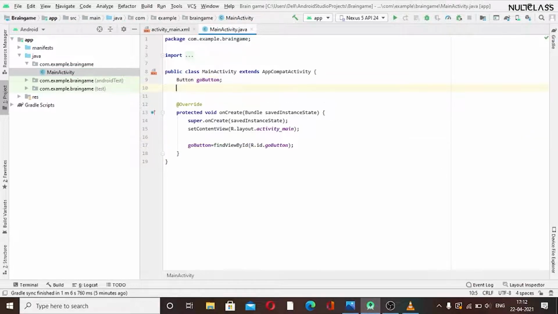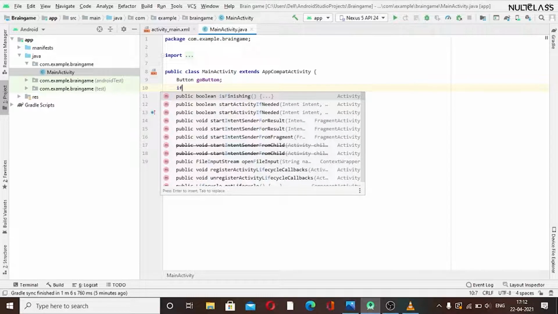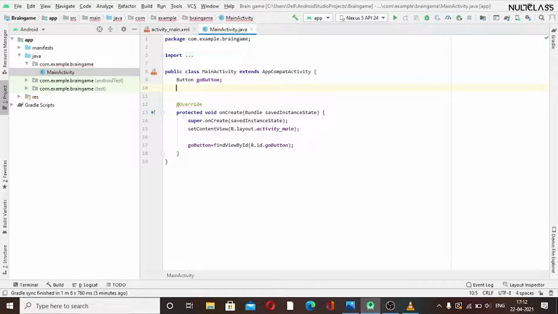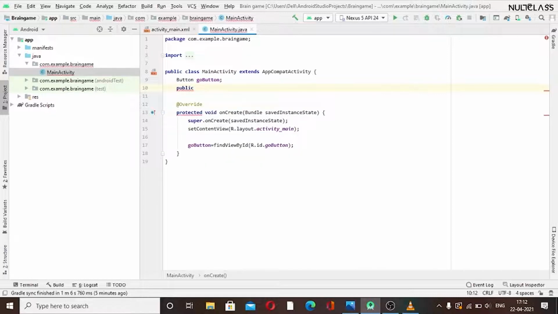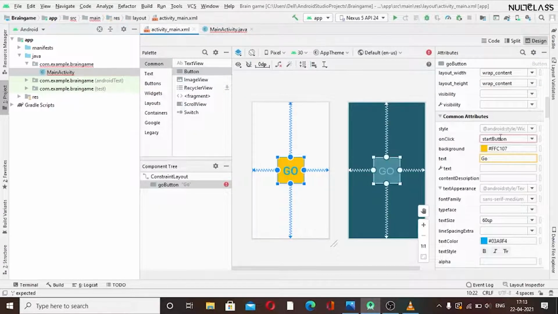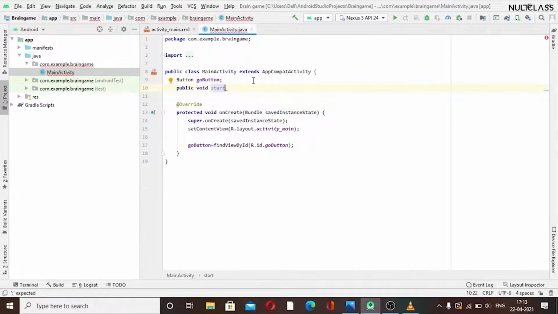Now we will work on the coding part of this. So we will be adding a method here which will be public static, and this will not be returning anything, so I will use void. And we have to write the name which we have given for the onClick, as we have given start button as its name, so we will be using the same.